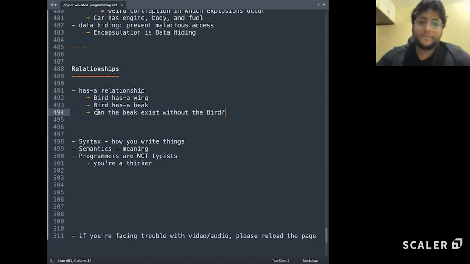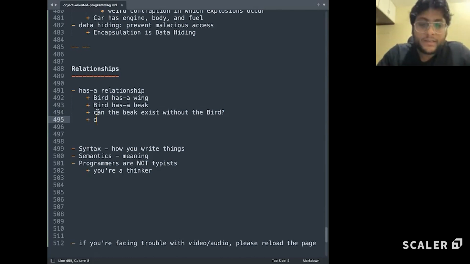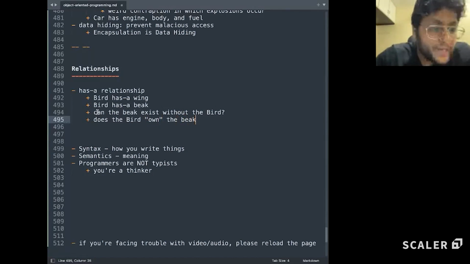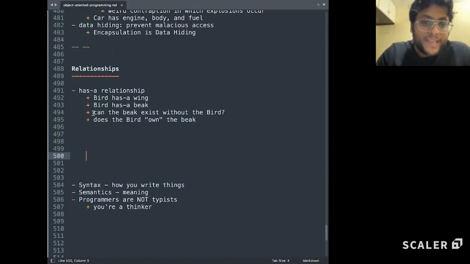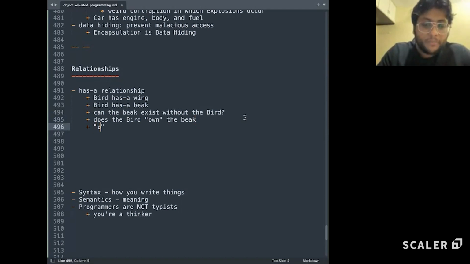Yes. Similarly, can we say that the bird owns the beak? If the bird dies, then does the beak also die? It does, right? So yes, we were talking about birds and beaks. Can the beak exist without a bird? Does the bird own the beak? It does. Yes or no? This kind of ownership